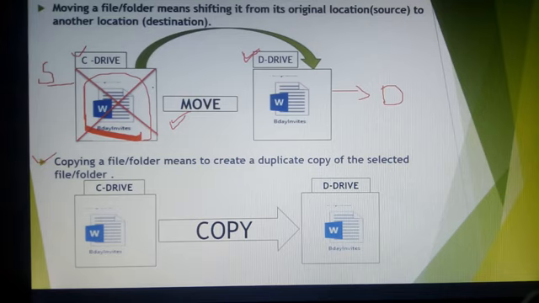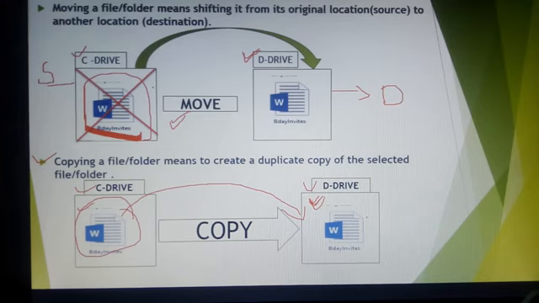Suppose I take one example: the C drive and the D drive are there. My file is present in the C drive, and I want to copy the file to the D drive. Once you copy the file to the D drive, the file is present in the D drive, and the duplicate copy also remains in the C drive. Let's see how. I will show you